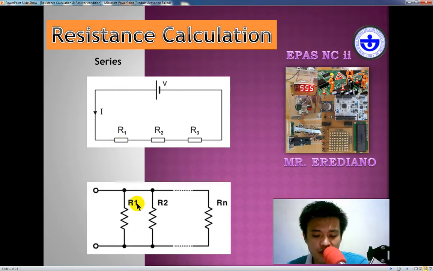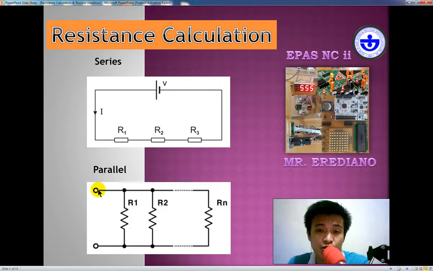Okay? Now, the schematic below is our example of a parallel circuit. It's parallel because these resistors each have an individual path towards the source, meaning towards the power. Once you remove one of these resistors, the other resistor will still have its path towards the source. So for example, if I remove R1, then R2 will not be affected. While in series, once you remove one,